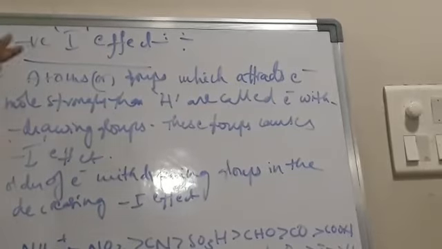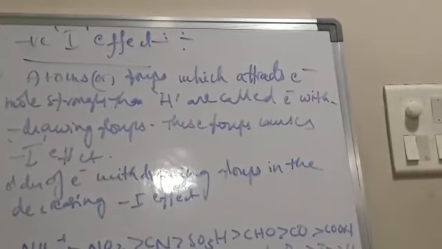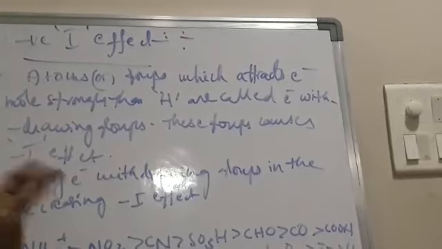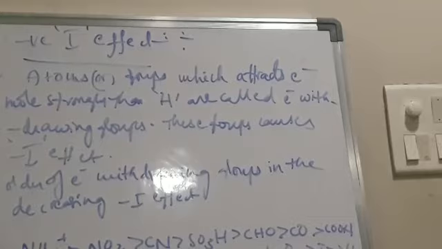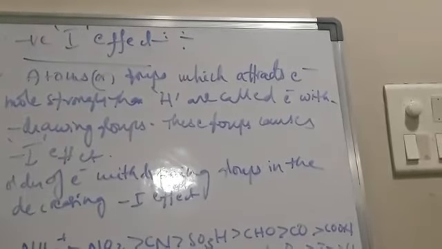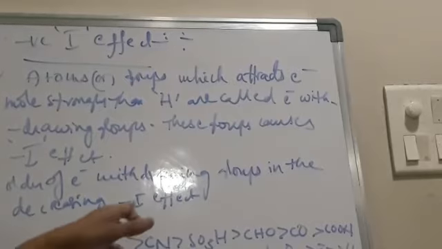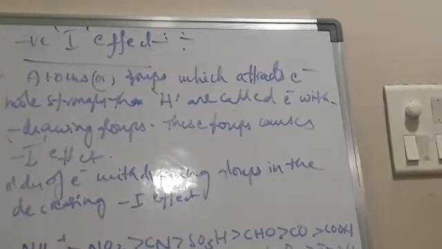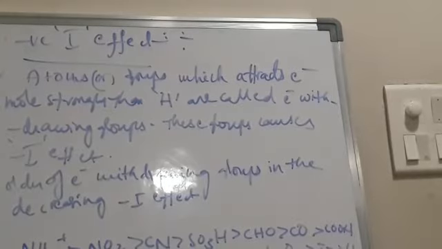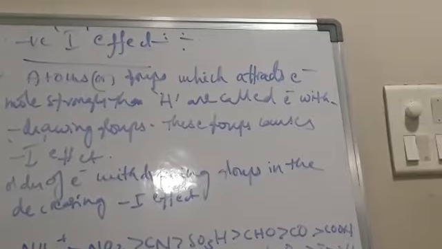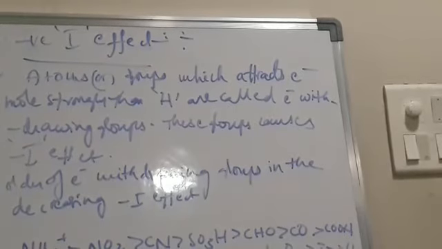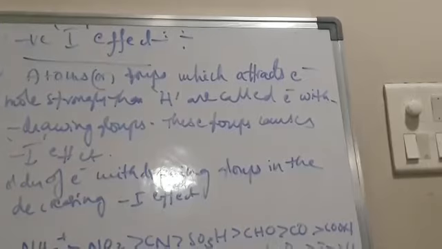So coming to the order of electron withdrawing groups, in decreasing order of negative inductive effect. All these are electron withdrawing groups: NH3+, NO2, cyanide, SO3H sulfonic acid, aldehydes followed by ketones, acids, acyl chlorides, esters, amides and halogen atoms: fluorine, chlorine, bromine, iodine, hydroxyl group, OR alkoxy, NH2, phenyl and finally hydrogen. So this is the order of electron withdrawing groups.